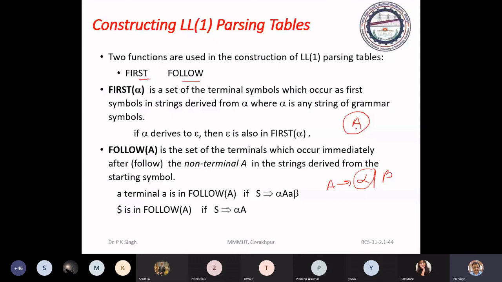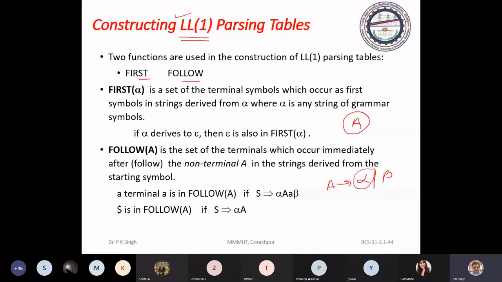And for that we will consider the input symbol pointed by the input pointer. Actually, the predictive parsing table is also called the LL1 parsing table. What does it mean, why is it LL1? The first L means scanning of a string from left to right.